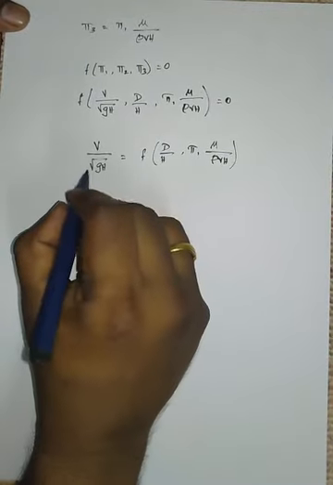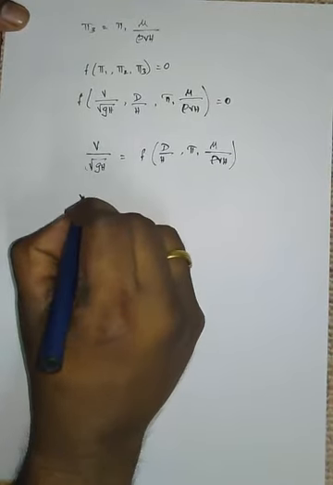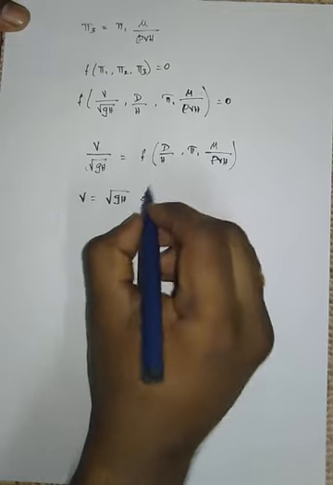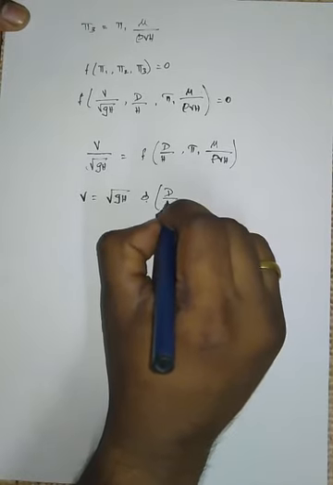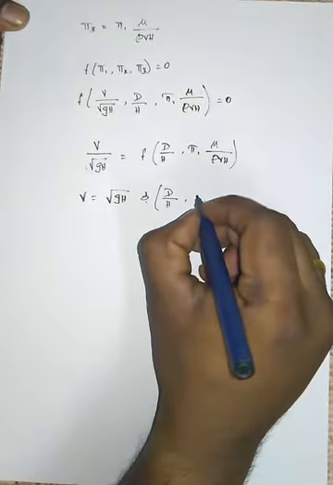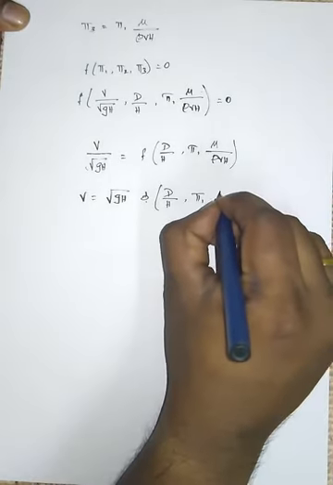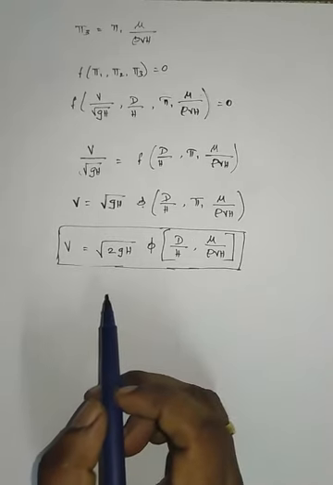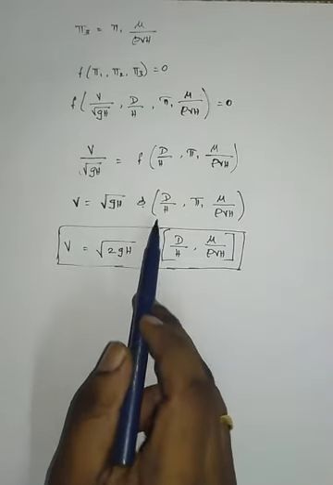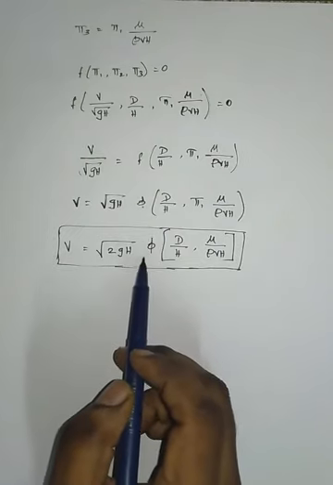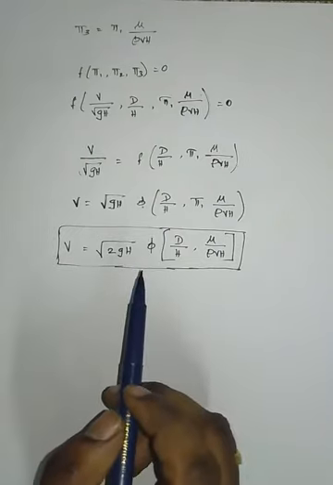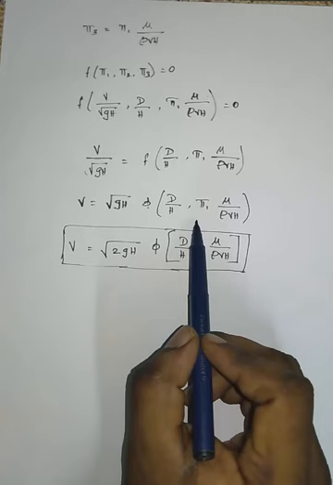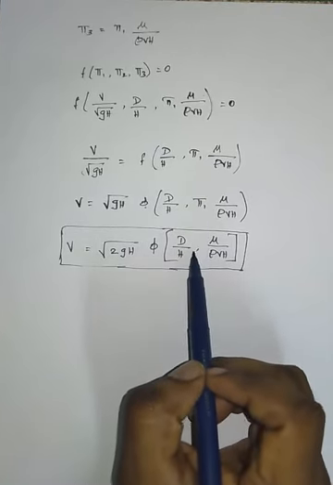So now I am bringing this term here. So V equals root of GH into a function of d by h into d by h, comma pi 1 mu divided by rho VH. Now in the last step, you can write this equation as the final equation that is given in the problem. You may have a doubt in your mind about why I am putting 2 here and why I left out the term pi 1 here.